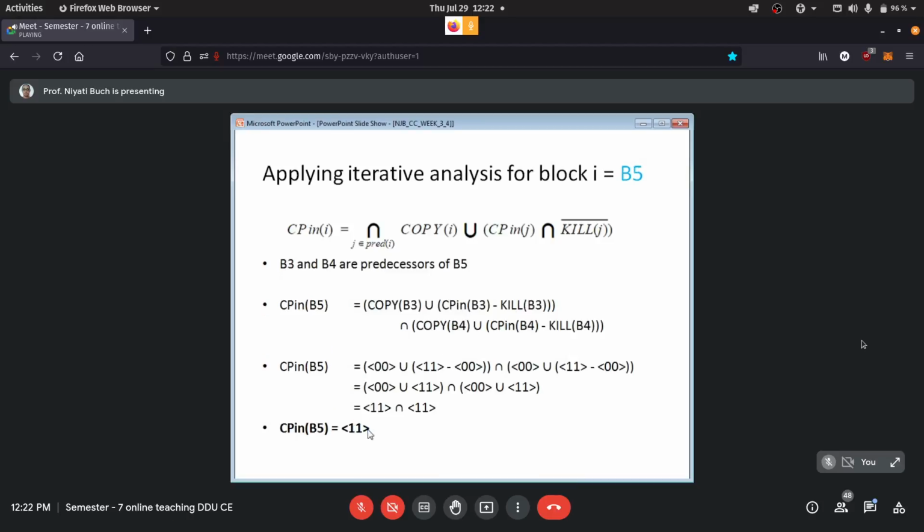Same equation we have to follow, right? And we have to make sure that the predecessors are already taken into account before we consider a particular block. Getting it? And finally, we go for exit. Because we are talking about the CP in set or CP in vector, for exit also it becomes necessary for us to compute it. It was not the case when we were talking about the out set, because there is nothing that goes out of exit, but there is obviously something that goes into the exit block. So that is why it becomes necessary for us to compute it.